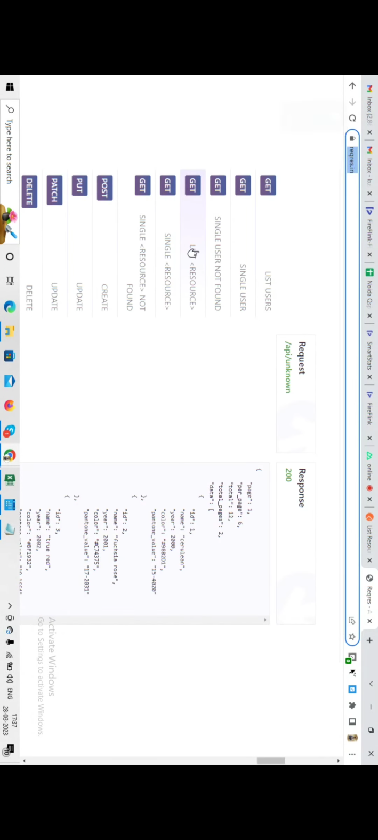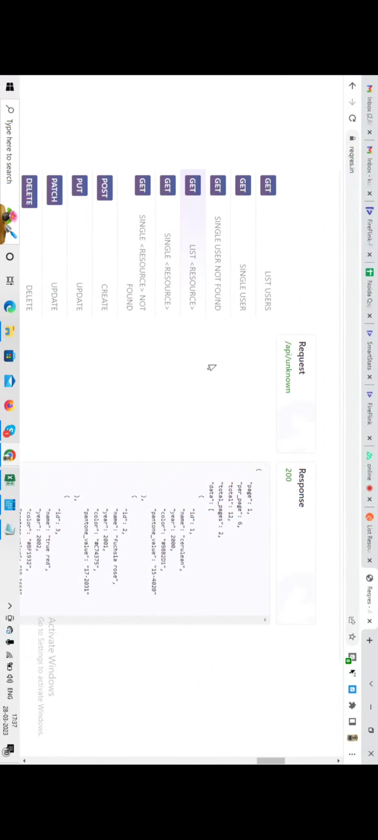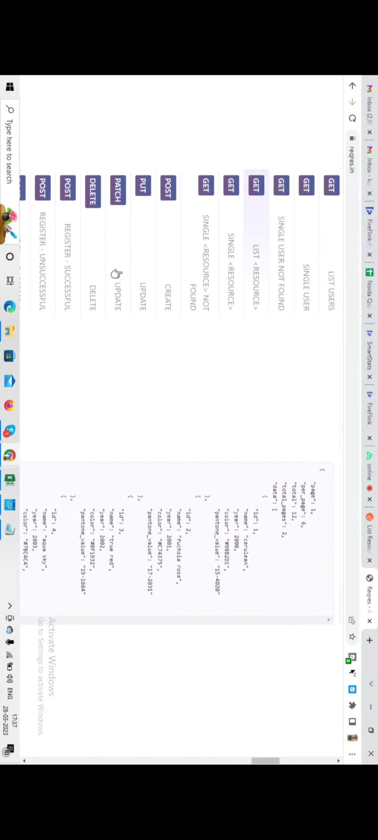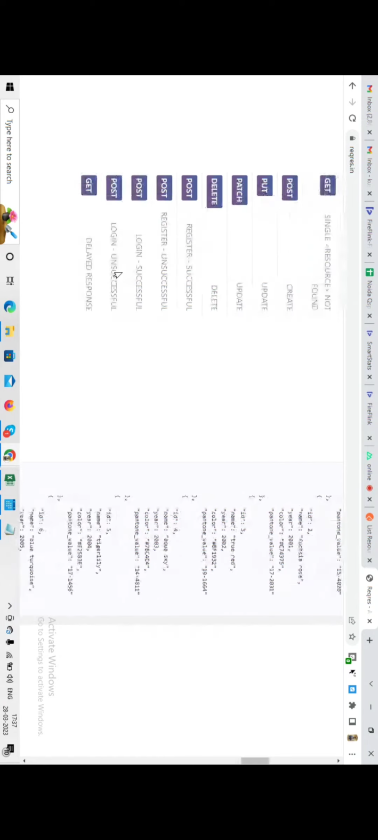ठीक है, वापस से एक रिक्वेस्ट ऐड किया। कौन सी रिक्वेस्ट है, गेट है लिस्ट रिसोर्स। लिस्ट रिसोर्स नाम दे दिया। फिर से बेस यूआरएल कॉपी किया, पेस्ट किया। एंड पॉइंट्स क्या है लिस्ट रिसोर्स के, स्लैश एपीआई स्लैश अननोन। रिस्पॉन्स क्या आना चाहिए, 200। मैं इसको सेव करूंगा, सेंड करूंगा, तो क्या रिस्पॉन्स आ रहा है, 200, मतलब करेक्ट है, रिस्पॉन्स मैच कर रहा है।